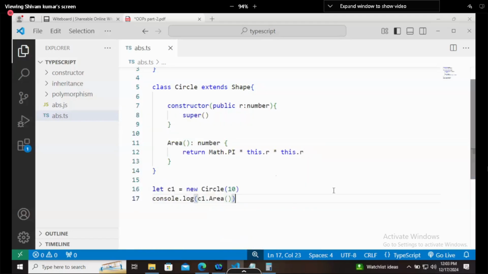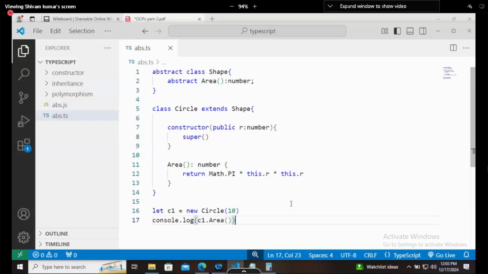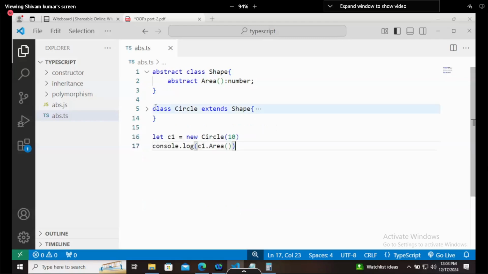But the question is how it is hiding the complex information now, because the information is still available in the main class. The question here is how it is hiding the complex information here. For that, let me do it again.